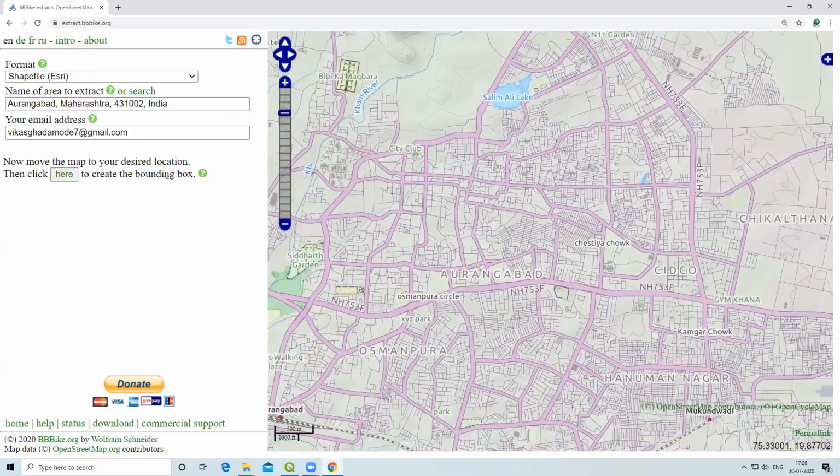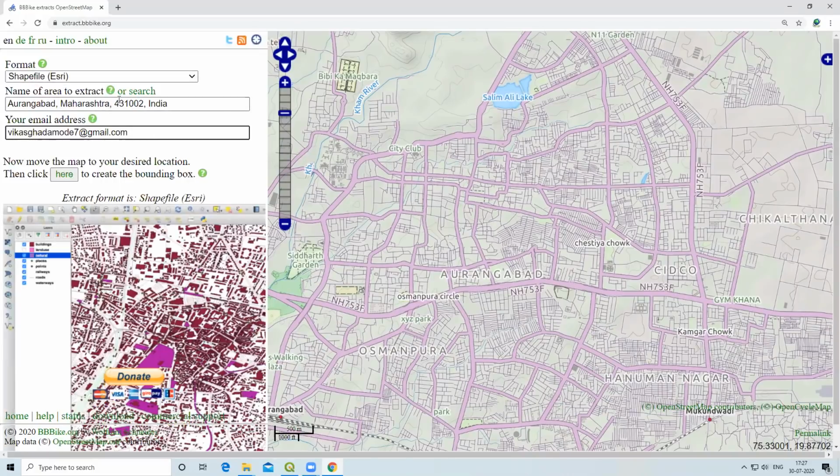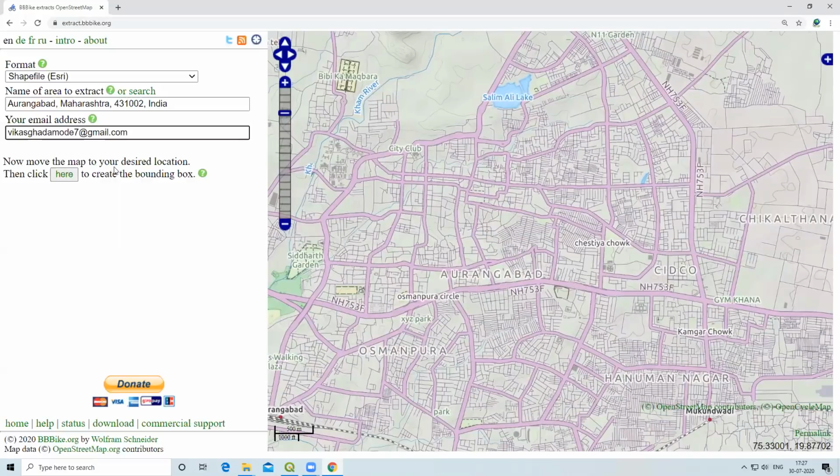For downloading this, you should add your email address first. I have already added it here. You add your email address, shapefile format, select area and then email address. After that, move the map to your desired location, then click here.